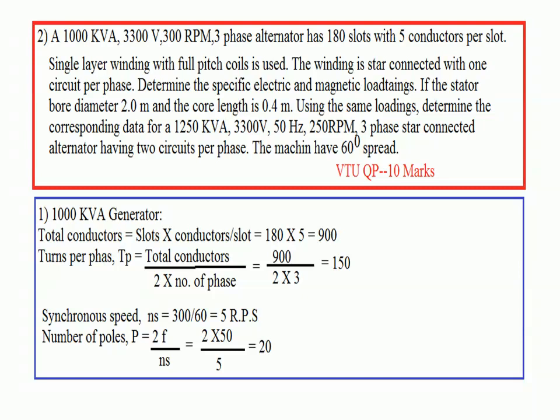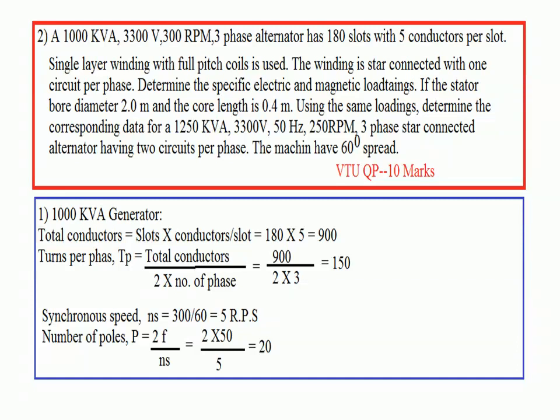This problem has been asked a number of times in VTU question papers. First you take the 1000 kVA alternator and calculate the things necessary. So, total conductors equal to number of slots into conductors per slot. We are going to get around 900. Turns per phase, total conductors divided by 6. We are going to get